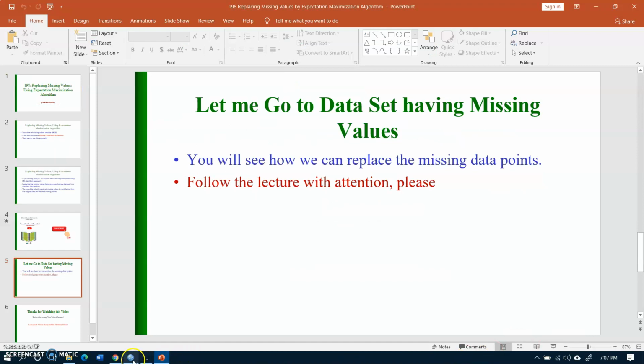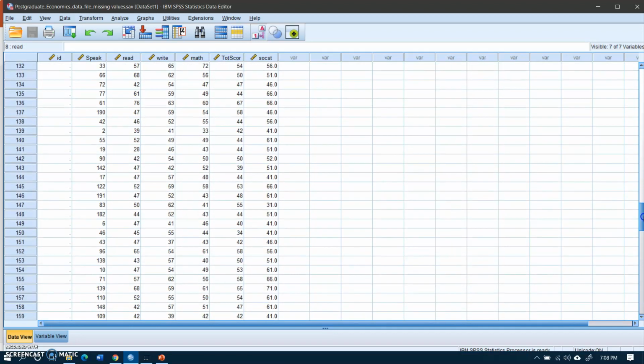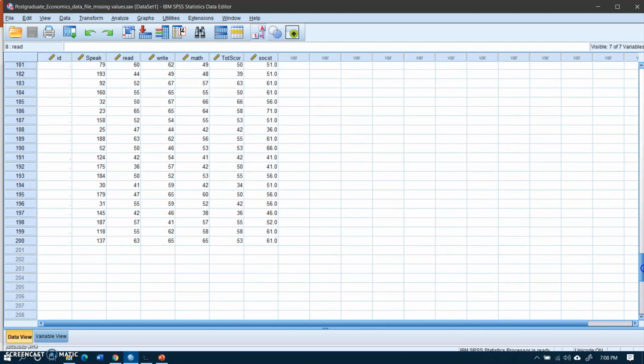So for that purpose, I will open my data file. This is my data file, and if you see, there is a data point missing here, there is a missing data point here, so there are many missing data points in this data set, and this data set contains almost, I think, 200 observations.